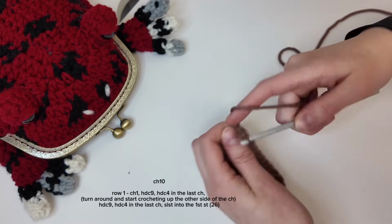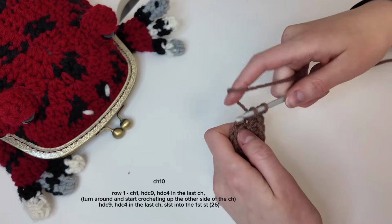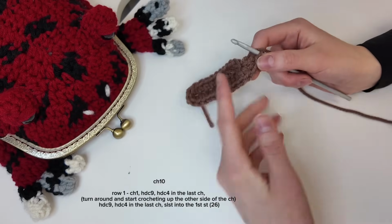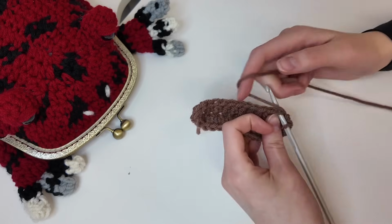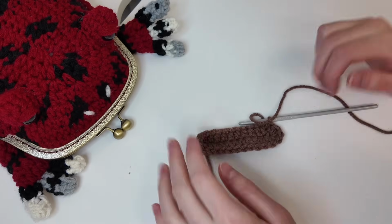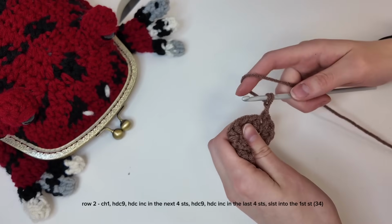So 1, 2, 3, 4. Leaves you with this. And then we're going to slip stitch in the top of that first half double crochet, leaving you with this. For row 2, we're going to chain 1, and I like to half double crochet directly